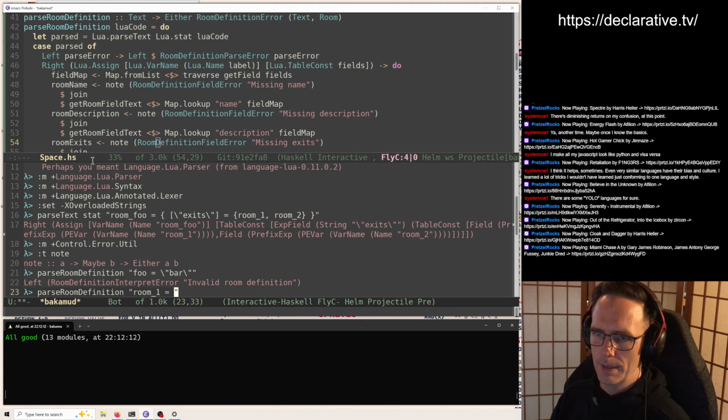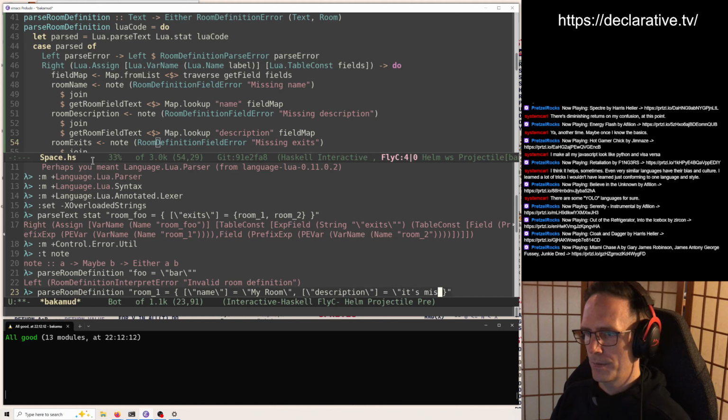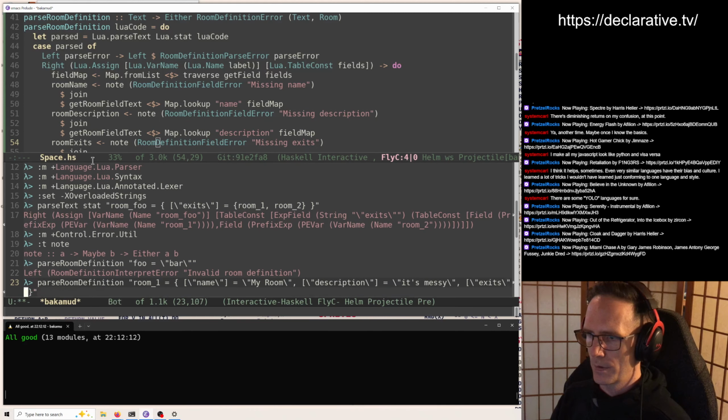Room 1 equals... Yeah, you gotta put it in there, like square brackets. Name equals my room. And then you go description. It's messy. And room exits. And that should be